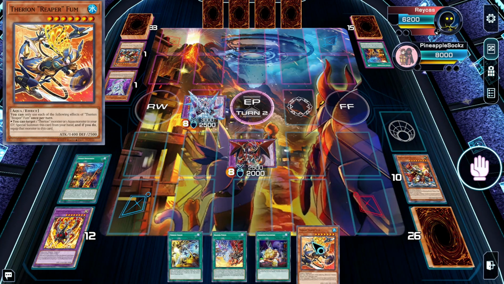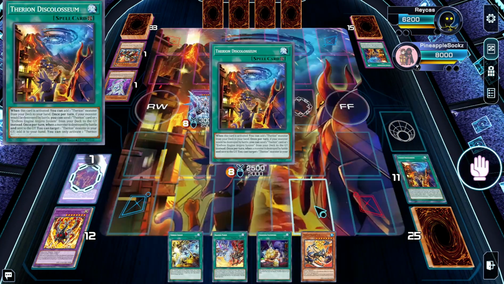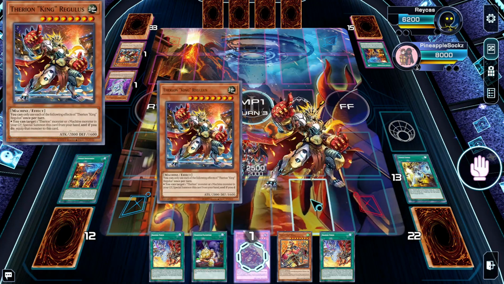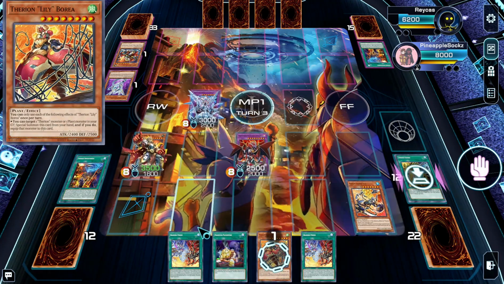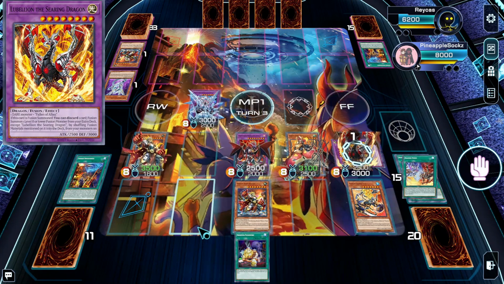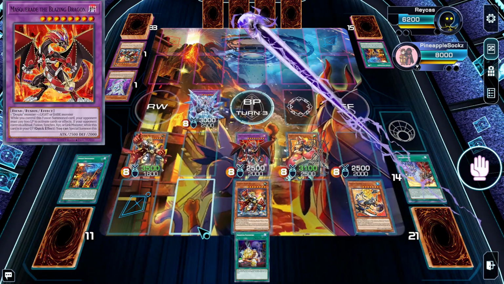And they will pass back to us, and in the end phase, we will grab ourselves another copy of Branded Fusion off this Albion, and we'll draw for turn. It's another copy of Disc Coliseum, so we'll fire it, grab another Reg. We'll fire here a copy of Charge, draw a card, draw 2, and then summon out this copy of Regulus. We'll grab Lilyboria, full Lilyboria, special out, and we'll just make another Masquerade and get in for a ridiculous amount